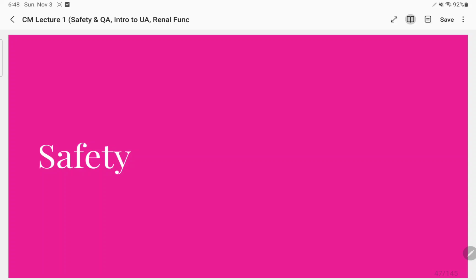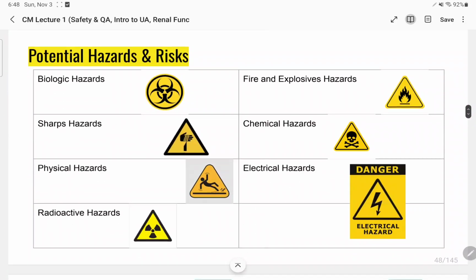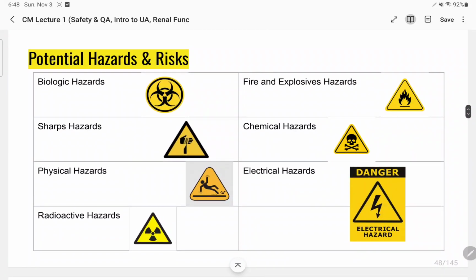Of course, as medical technologists, we have our work, we have our duties in the clinical laboratory, and inside the laboratory and even outside, encompassing our work, we have potential hazards and risks that we face every day. So what are these hazards? These are your biologic, sharps, physical, radioactive, fire and explosives, chemical and electrical hazards. Kaning mga hazards ato gini nga masugatan kada adlaw, and